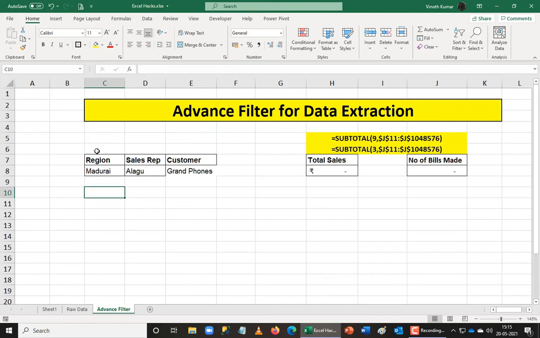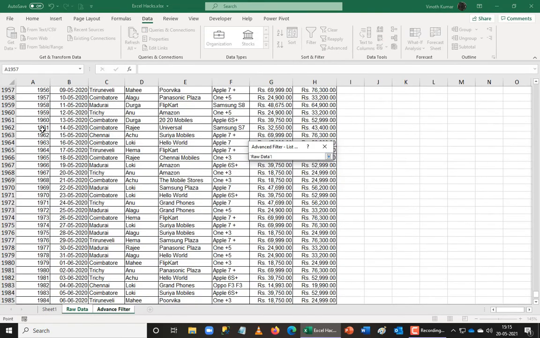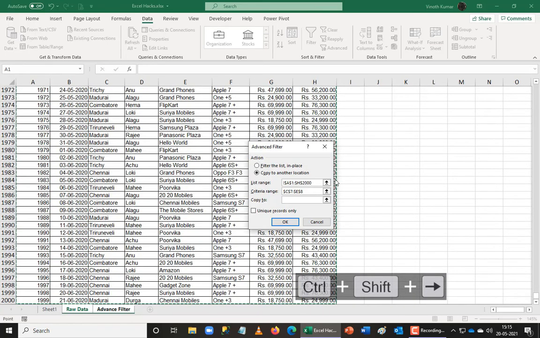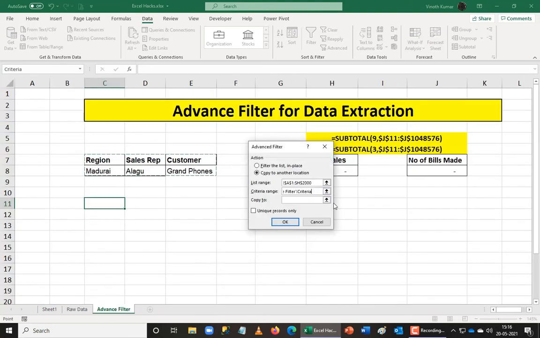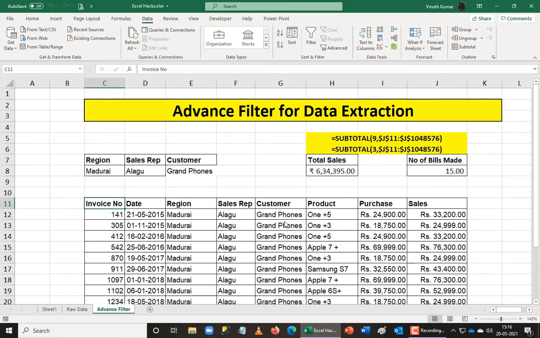Now I'm going to place the cursor again in C11, then come back to my data, advanced filter, copy to another location and pick up the data as here. So now I'm going to take the whole data from top to bottom again, and you can see the absolute cell reference comes for the raw data here. Then the condition is my list, so the condition is automatically selected correctly, so that's fine for me. Now only the extracted location has to be given in here. When I give an OK, that's going to pop up the list here and says that I've made 15 bills worth 6,34,395 rupees.